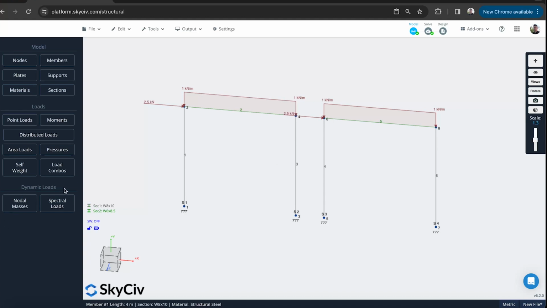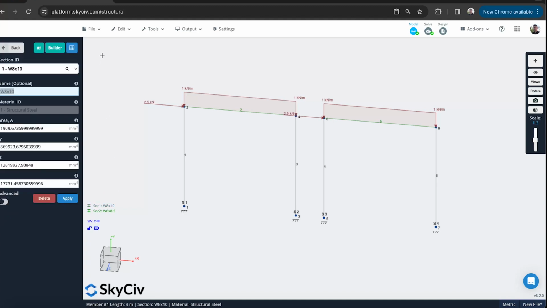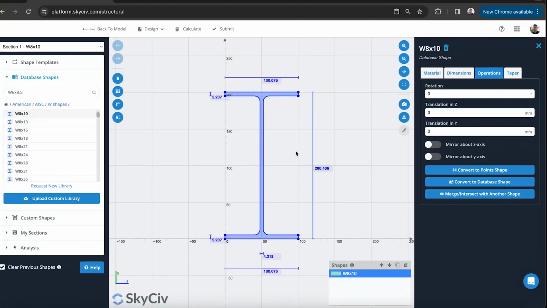So firstly, what is the strong and weak axis of a section? And I'm just going to use the section builder to demonstrate and explain this. When people are designing structures, they obviously want to reduce the amount of material. And one of the best ways to do that is to use geometries such as these I-beams, where they have quite a lot of material in the key parts of the section, like the top and the bottom, and minimizing some of the materials in the middle because they're taking less load in those parts of the section. But when you're using these types of sections, it's really important that you're loading them correctly